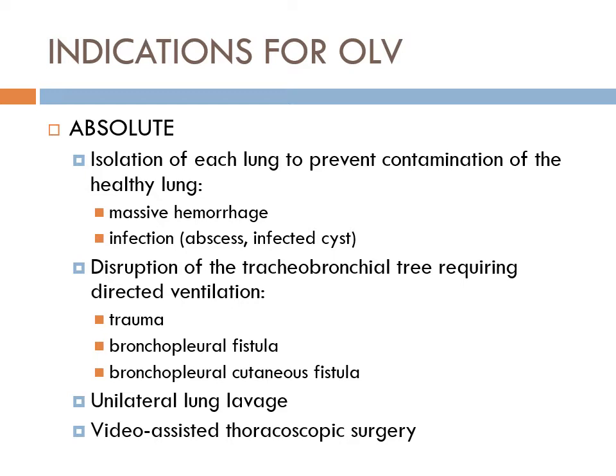And when we think of double lumen tubes, what we're really talking about is we're putting in a tube that goes through the trachea, goes down. We'll try and draw an accurate picture. Make note of the degree angles of the right and left. So this is the patient's right, this is the trachea, this is the left main bronchus, this is the right main bronchus. We put a tube in, typically, that can isolate